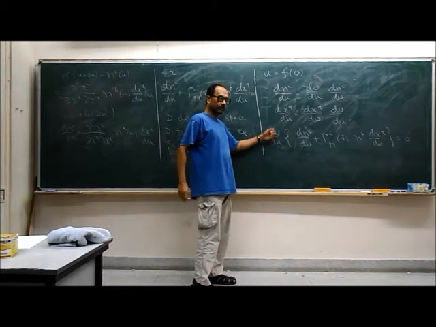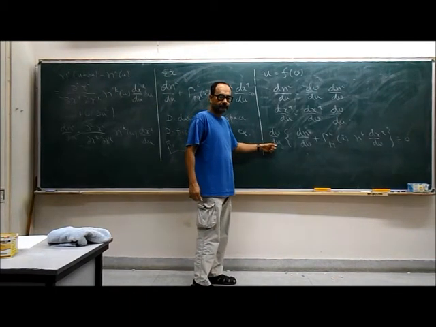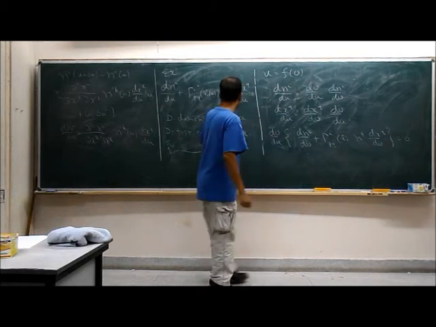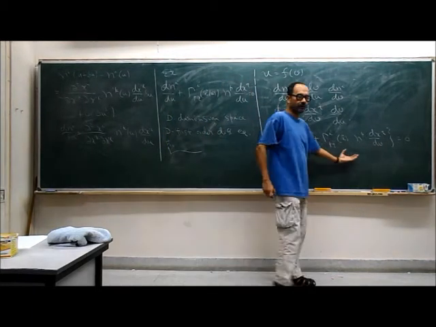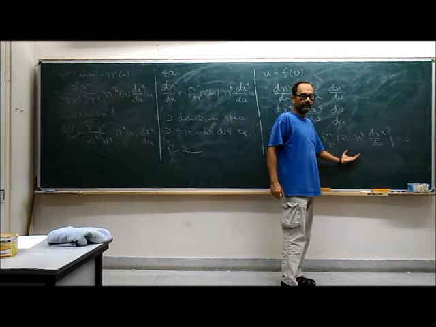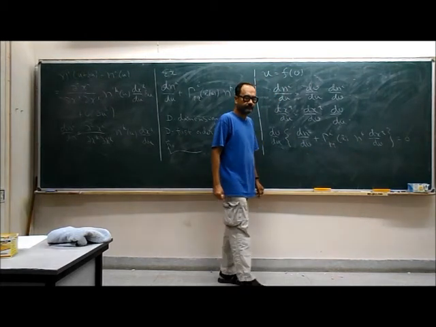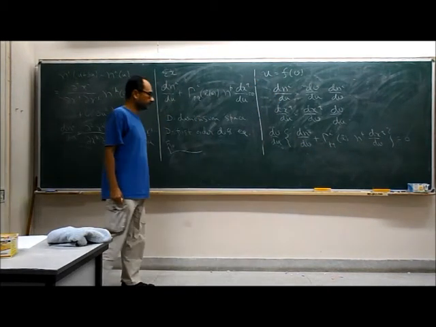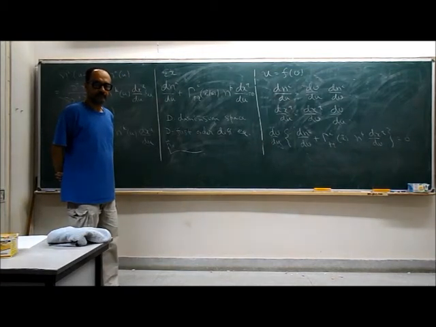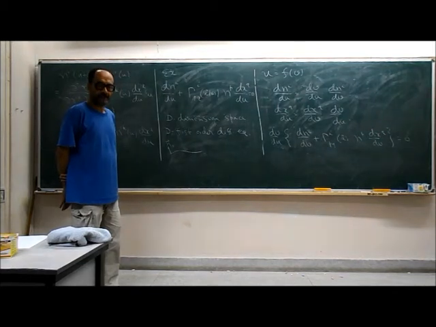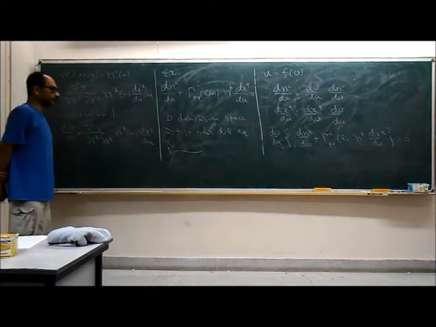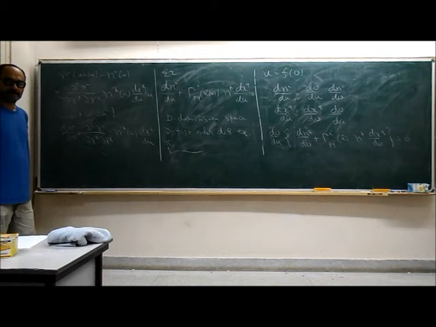So as long as this is non-singular, not 0, we see that demanding that this is equal to 0 is the same as demanding this is equal to 0. Which means that whether you use the u parameter or the v parameterization, the equation is the same. Is this point clear? So this equation is independent of parameterization, unlike the geodesic equation that we derived, which works in a specific class of parameterizations, the affine parameters.